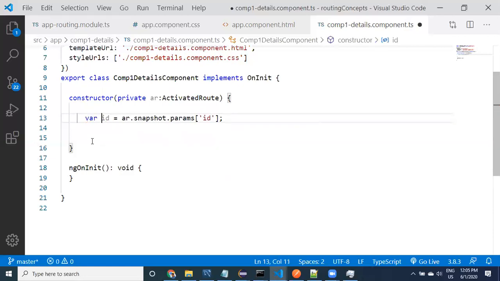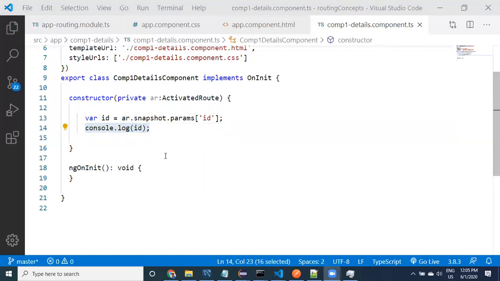Of course, you have to take a var or constant like this and just print it with console dot log. We are doing it inside the constructor itself, but you can do it in other places also. Not a problem.